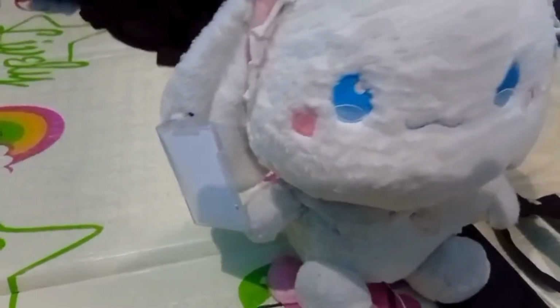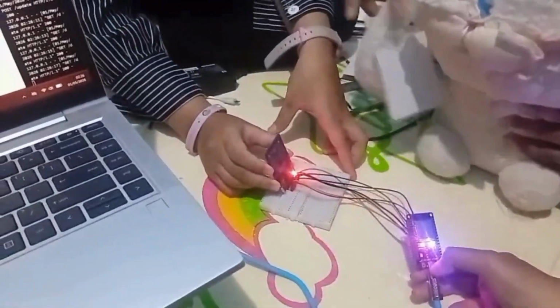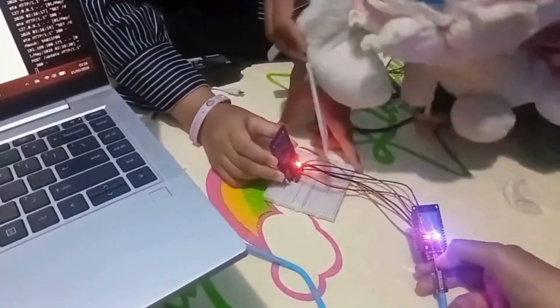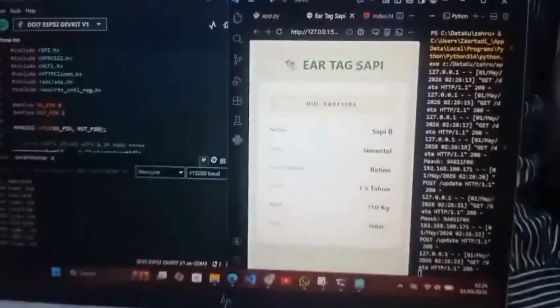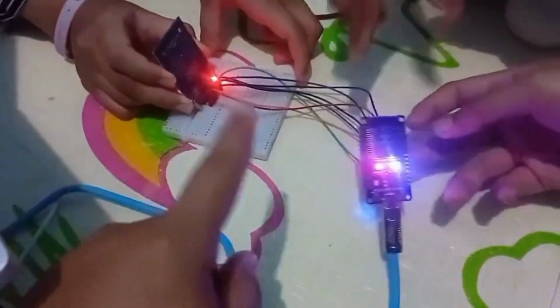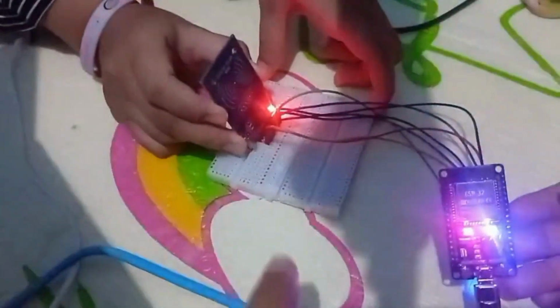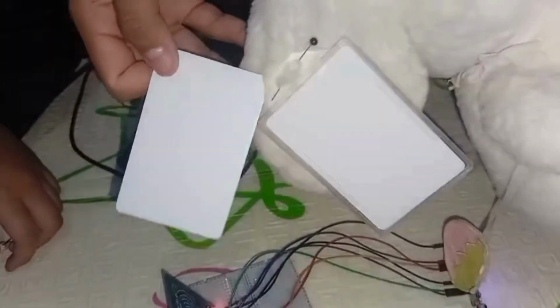This is a simulation with animal dolls with tags in the ears. You can see it, right? Here he is doing a trial test on the dolls, and after tapping the card, he sees the result on the laptop screen and on his website along with the Python code running. And these are the cables that connect to the RFID. This is the card that is to be tapped with our livestock.